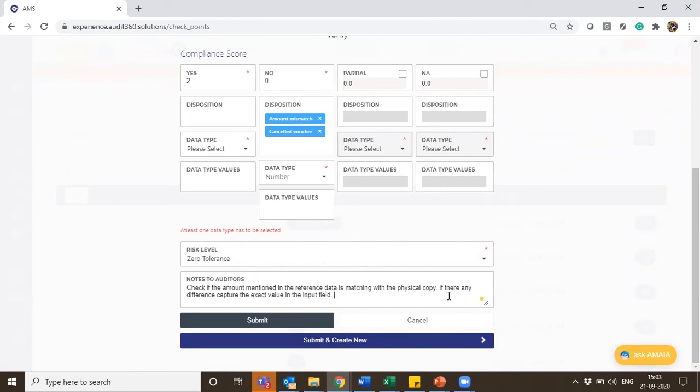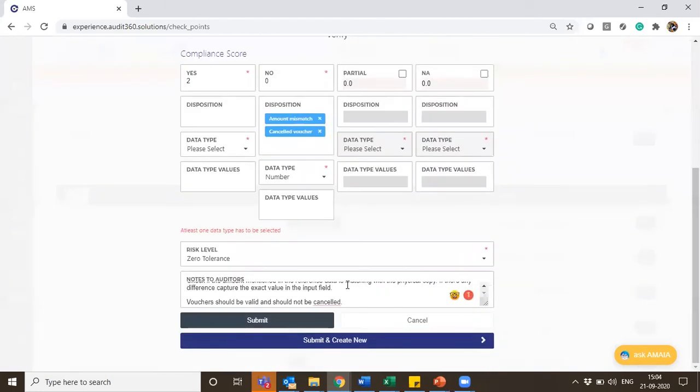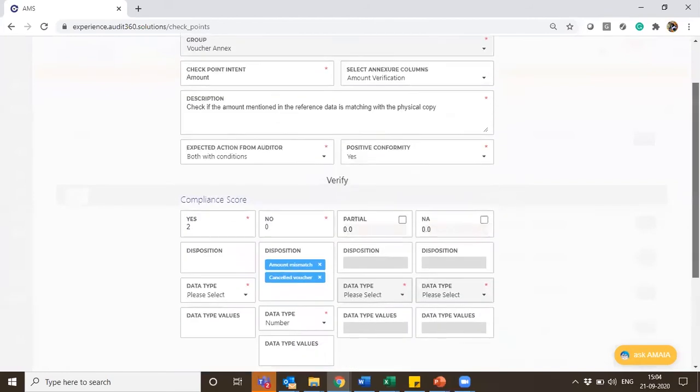You can also set some more instructions like vouchers should be valid and should not be cancelled. I can set all such instructions here. So this becomes a reference for an auditor during his execution.